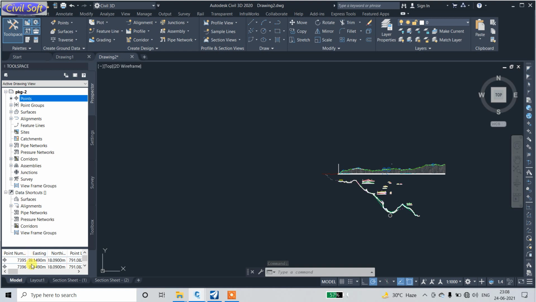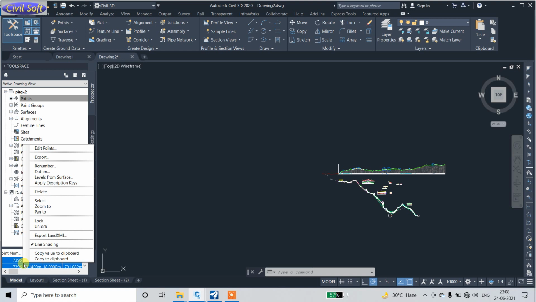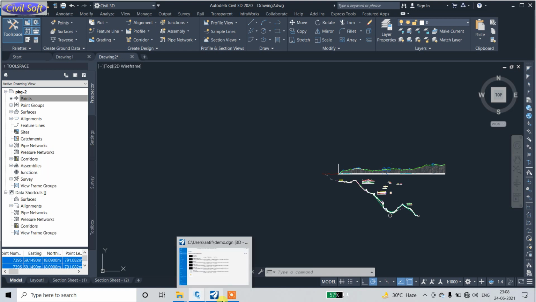You can also use Control A, selecting all and copying to clipboard, and just open an Excel sheet and paste there.